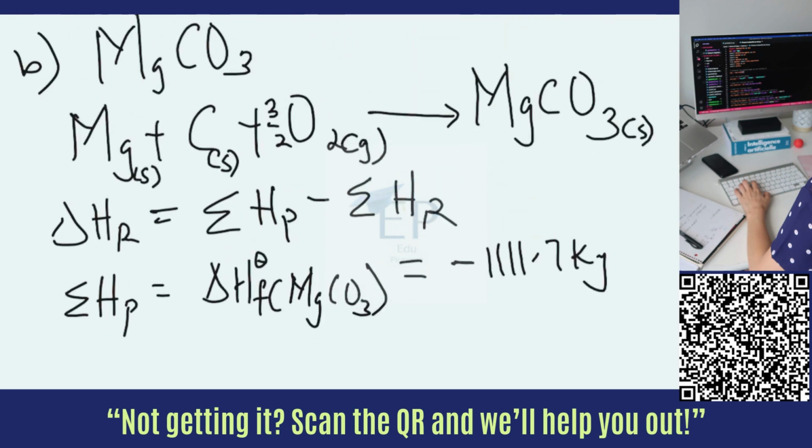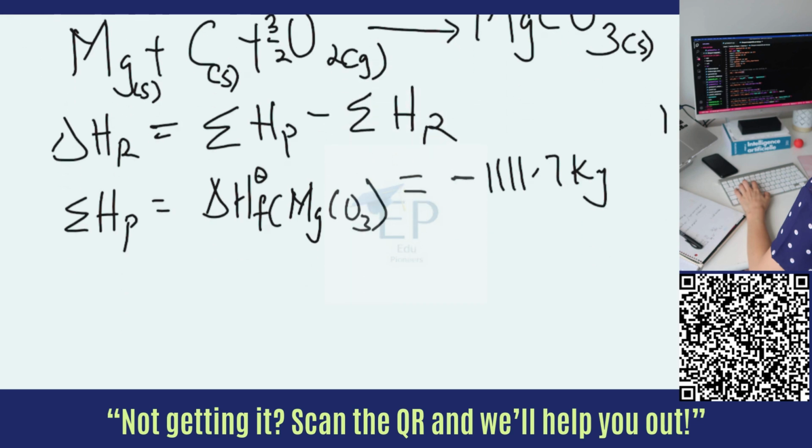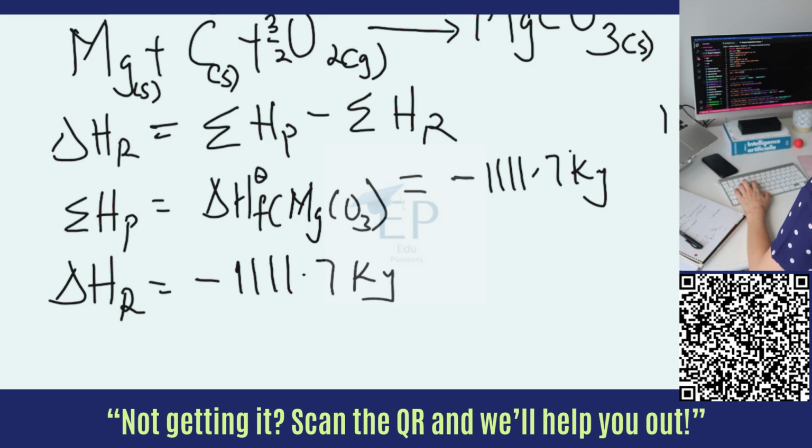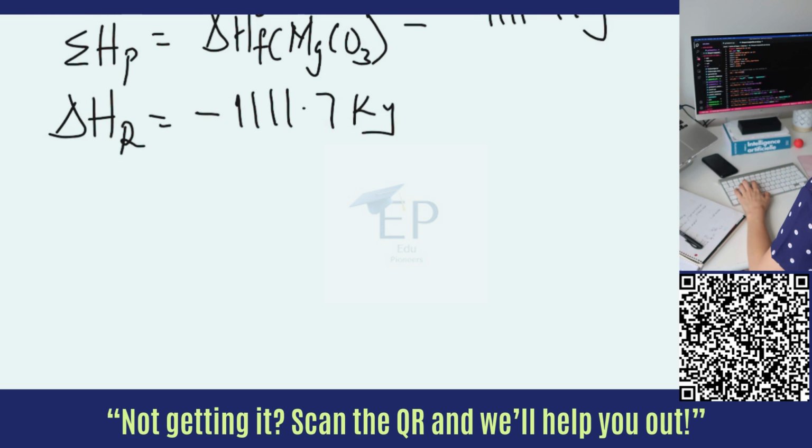You see that for the others, for magnesium solid is 0, for carbon is 0, for oxygen gas is also 0. So we can just say that at the end of the day, the enthalpy of the reaction for this equation would be minus 1111.7 kilojoules, right? That's it. And then for the next one,